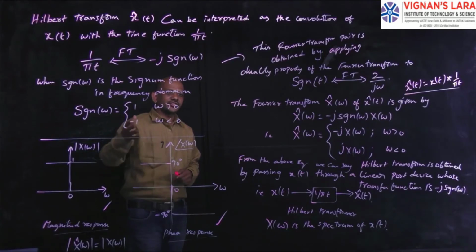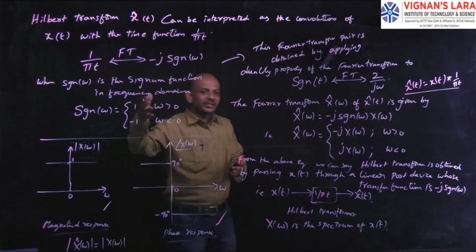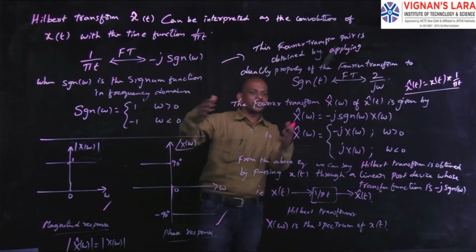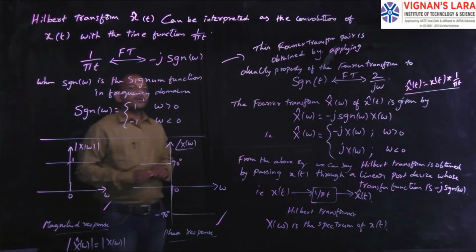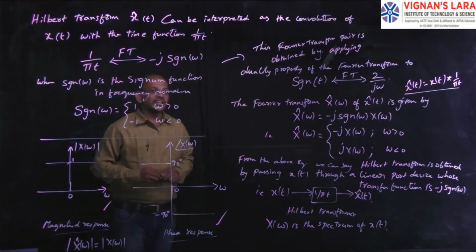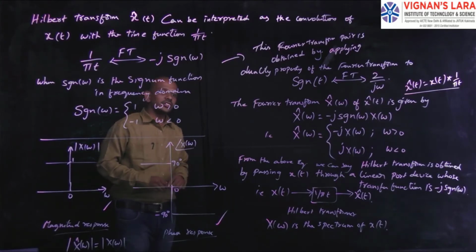So I have given the introduction and the equations and everything. I completely explained the Hilbert transform. I gave the complete introduction of the Hilbert transform. Here I am left with the properties of the Hilbert transform and applications. So now we will see the properties of the Hilbert transform along with the applications of the Hilbert transform. With that we will finish the topic, introduction to the Hilbert transform.